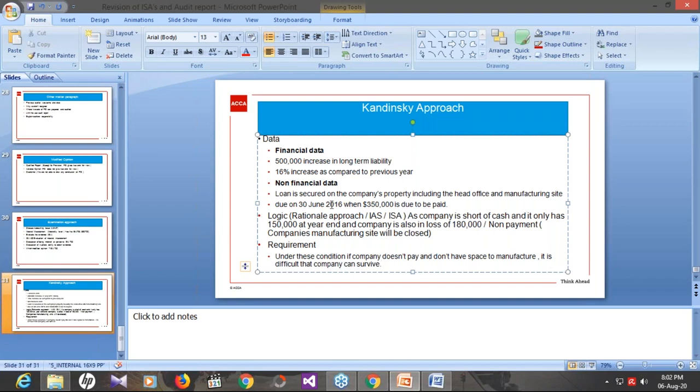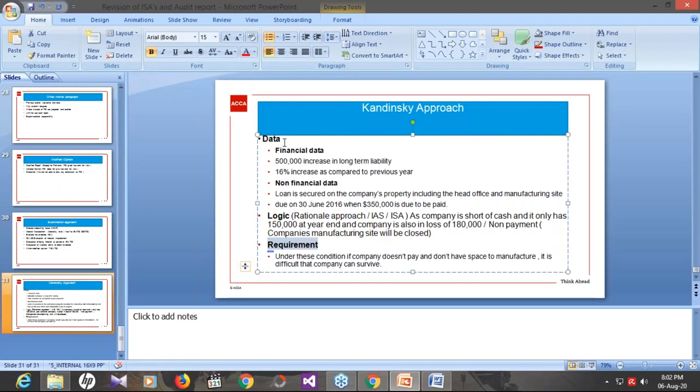So you should understand that you should use financial data and non-financial data. Then you should analyze the data, that how it will have an impact, and you should conclude linking with the requirement. Now these are not the headings that you should make in the exam. These are the bullet points that should be in your mind, so that you can, when you are writing a